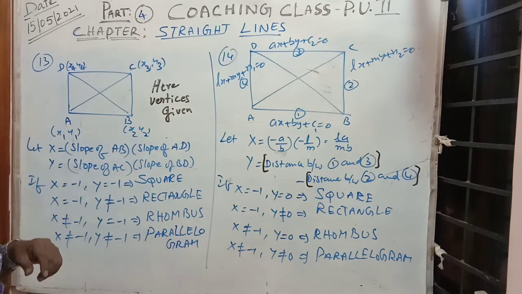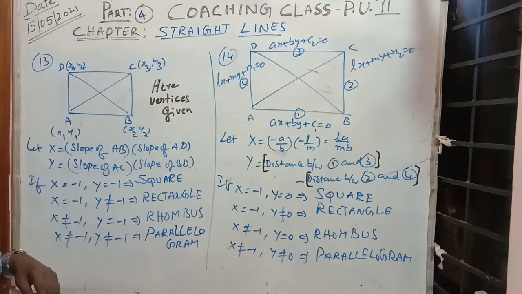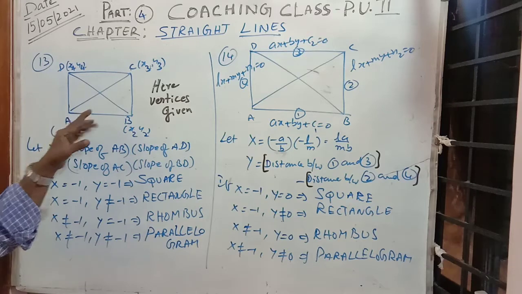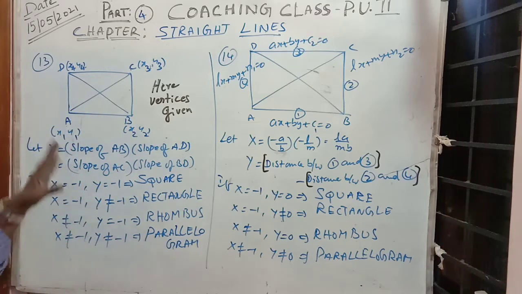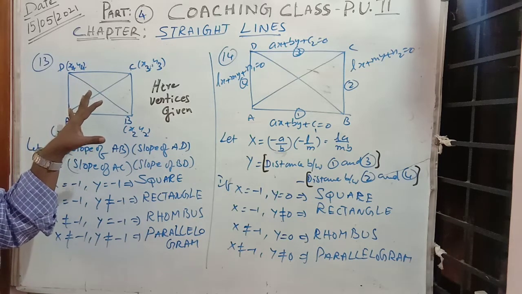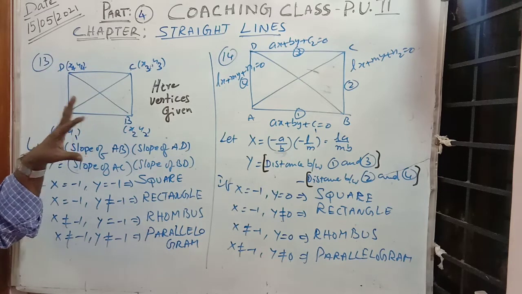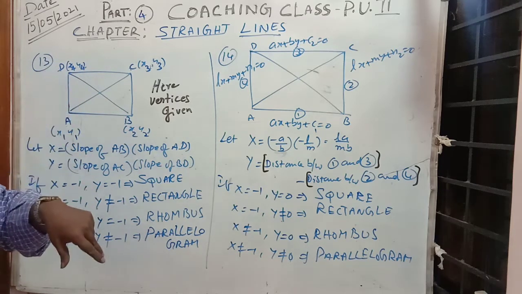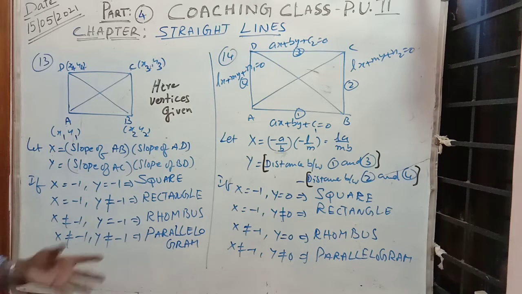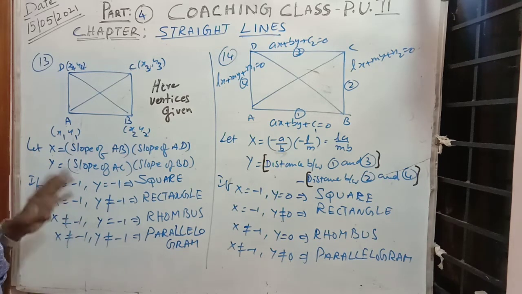A raw method is there: finding the lengths of all sides and diagonals. If all sides are equal and diagonals are also equal, then it is called a square. If all sides are equal, diagonals are not equal, it is a rhombus. Opposite sides are equal and diagonals are also equal, then it is a rectangle. Like that, it is a raw method. But when simply vertices are given and we have to verify whether it is a square or rhombus or something else,